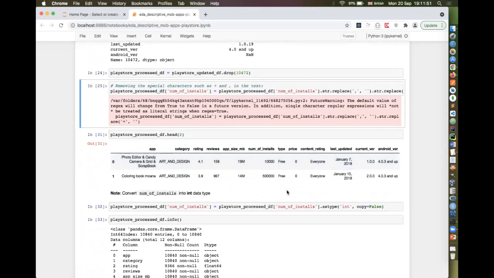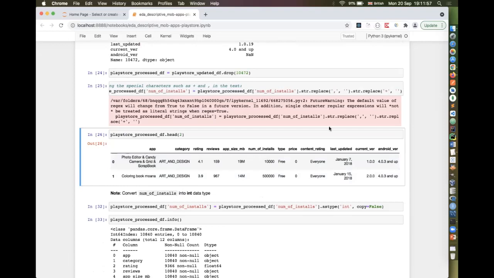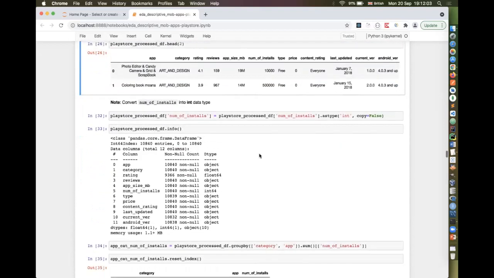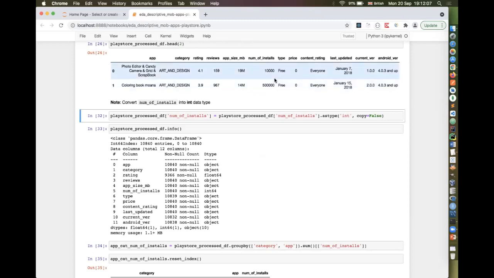When I do this, we can notice that the comma has been removed and the plus has been removed. This is to ensure it has been executed. Next, because it is object type, I want to convert that into integer type. You can confirm by running this statement. Now, number of installs is int64.